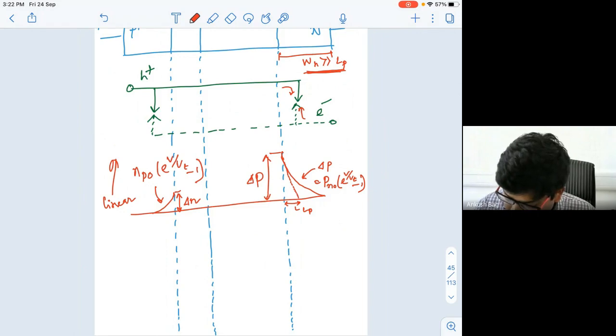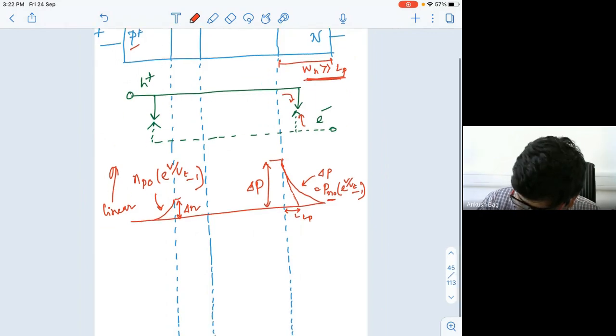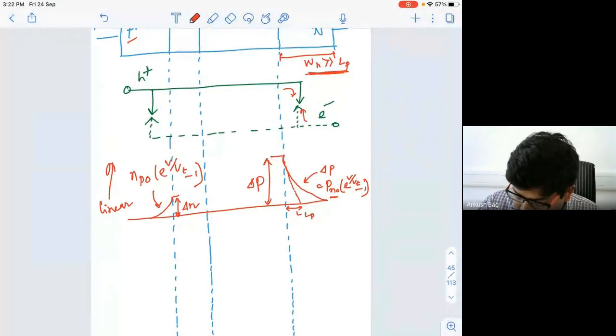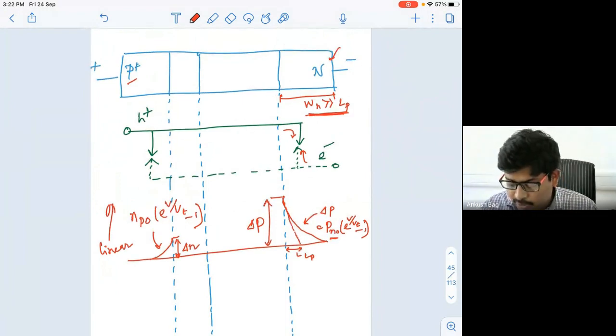So from these two equations, you can easily guess that this was the p plus. Here we have a much larger number of holes as the majority carrier than the number of electrons on the other side. That is why the minority carrier holes will be higher. So the Pn0 term will be higher than the Np0 term because of the doping concentration, and that is why we have drawn capital del P and capital del N this way: capital del P will always be higher than capital del N because of the highly doped P plus side and the moderately doped N side.